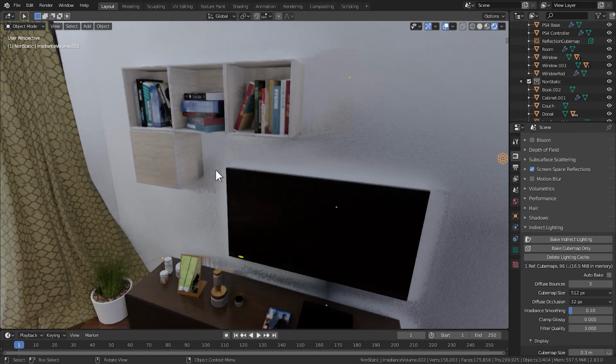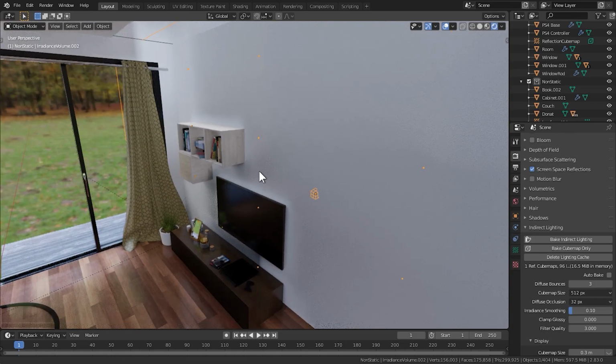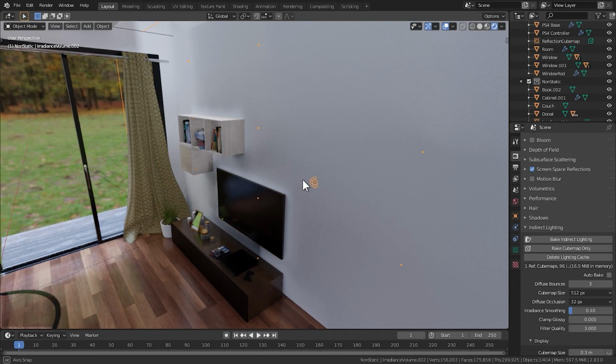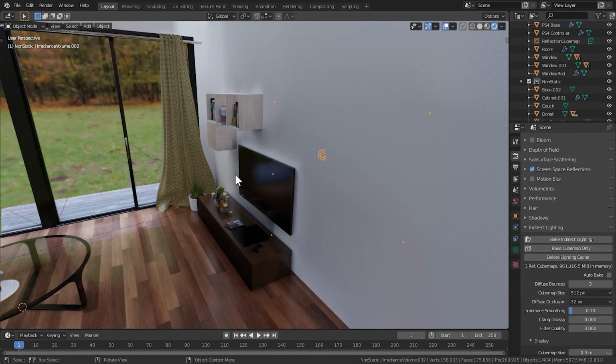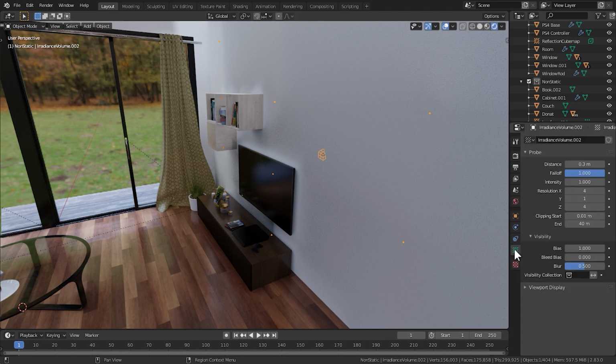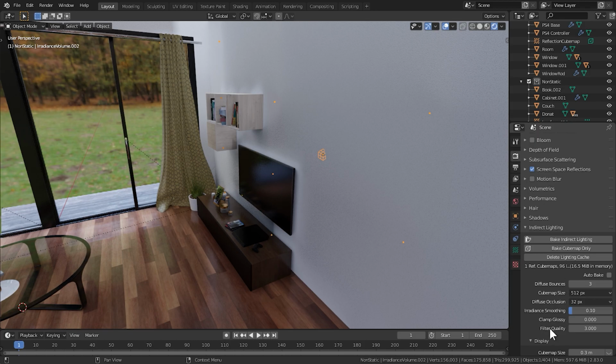I'm going to see if these are quite fine. And then after doing so, I'm going to tell this irradiance volume to not calculate for these objects. To do so, I'm going to go over here, and in the visibility collection, I'm going to choose the collection, not the non-static one. And then if I try to bake the lighting again,